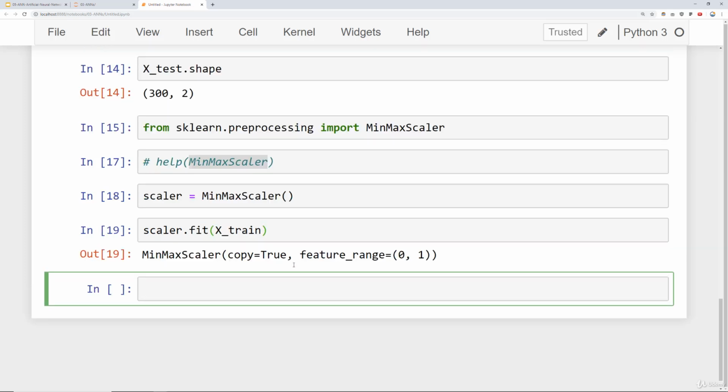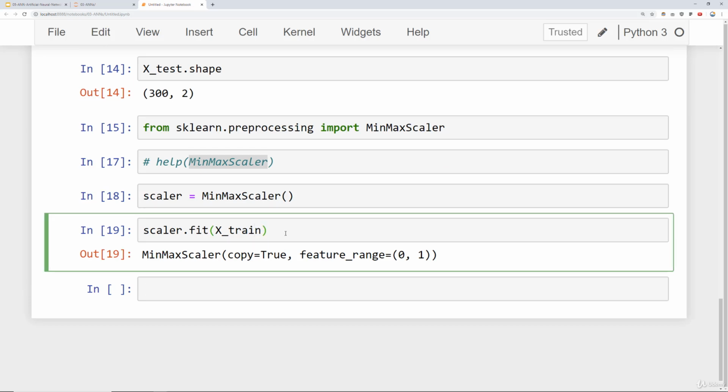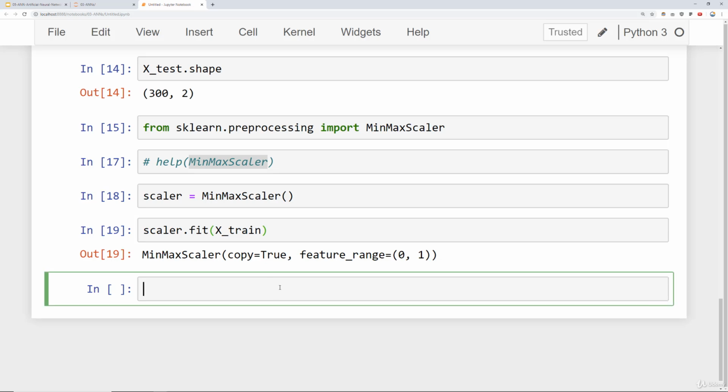So we run fit on our training set. The reason we only run it on the training set is because we want to prevent what's known as data leakage from the test set. We don't want to assume that we have prior information of the test set. So we only fit our scaler to the training set to not try to cheat and look into the test set. Then what we need to do is transform